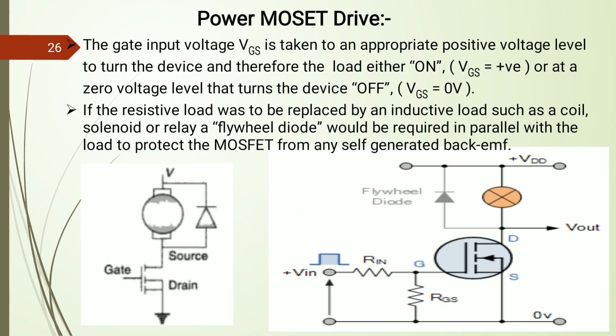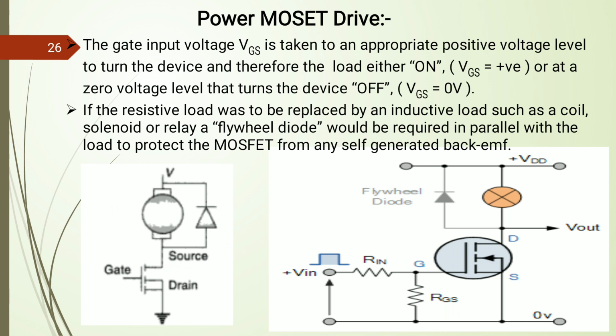After that we see the power MOSFET drive. Here, instead of using a transistor, we use the MOSFET as a driving circuit for driving a motor. Based on the pulses or signal applied at the gate, the turn on and turn off conditions are satisfied, and accordingly your motor will turn on or turn off. Here also the motor is not directly connected; a relay is connected, and through the relay the motor is connected. So here is a simple block diagram, not an actual circuit diagram.